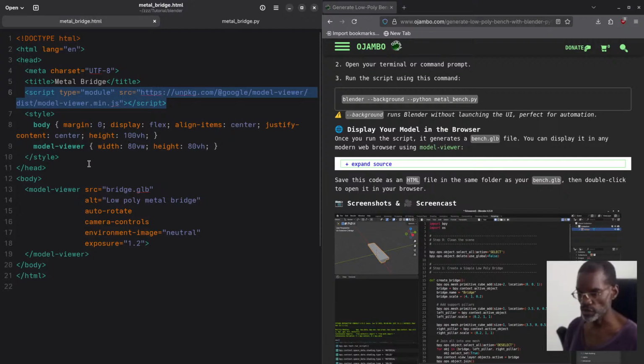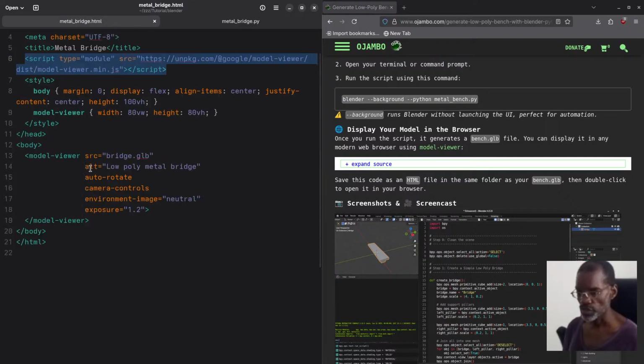And then this is the part. See the model viewer, it's a tag, the source, and you can set auto rotate, camera controls, environment image neutral, and exposure. Yeah, there's a lot of settings. I'll go through them in the next tutorial. I don't want this tutorial to take too long. Okay, now with that said, we can actually run this in a web browser, but before we do that,